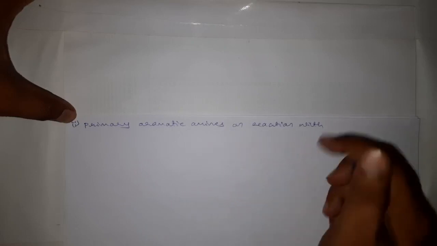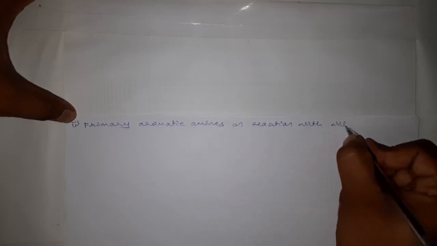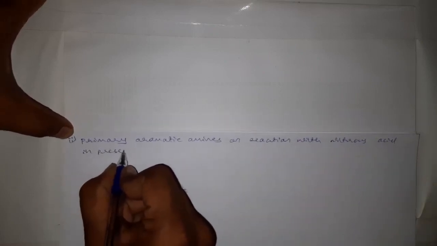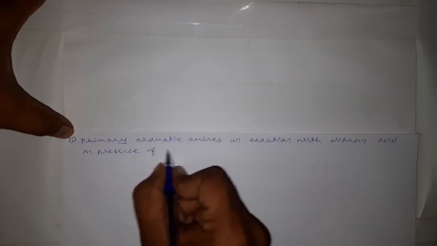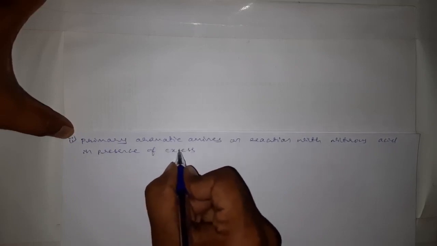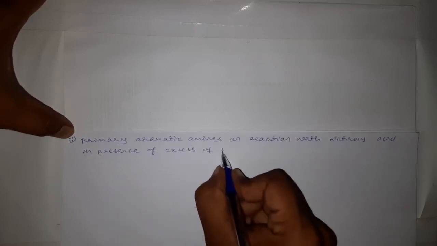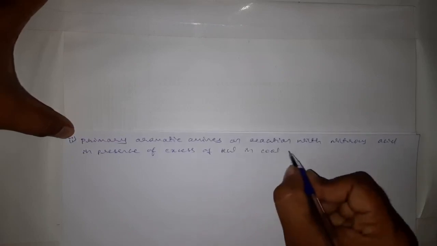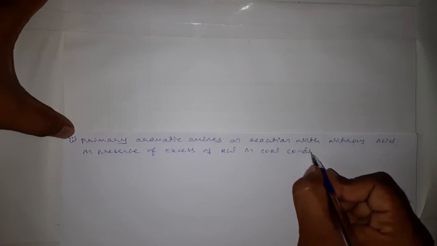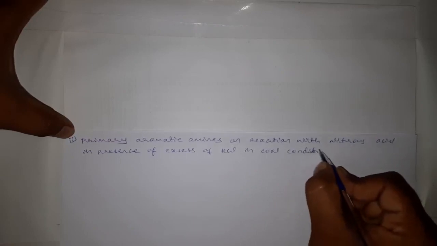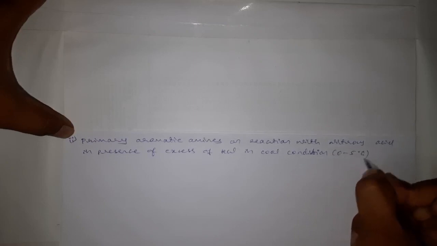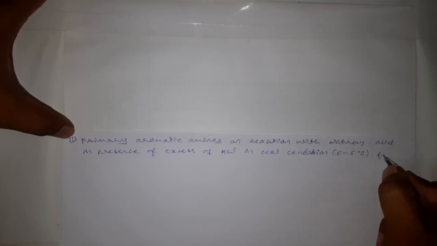Primary aromatic amines on reaction with nitrous acid in presence of excess of hydrochloric acid in cool condition, that is, we have to maintain a temperature range of about 0 to 5 degrees Celsius,